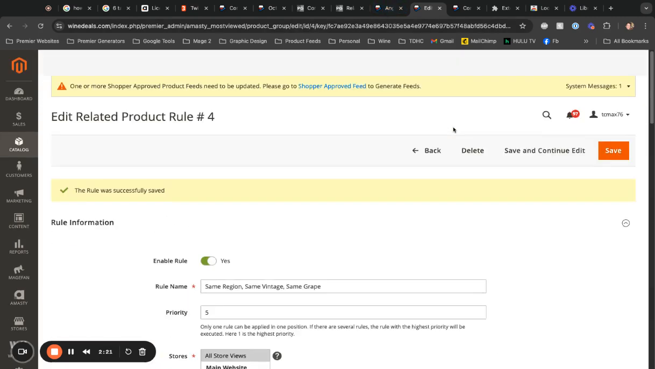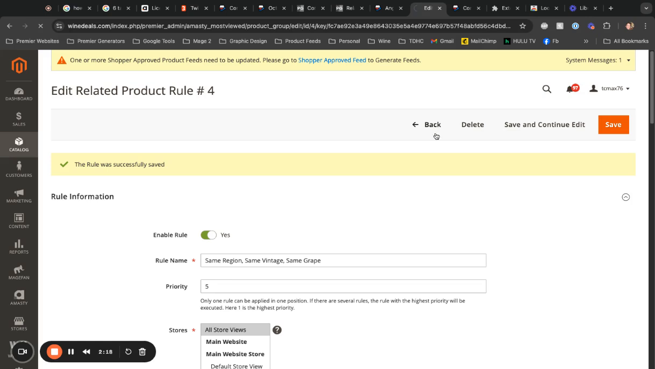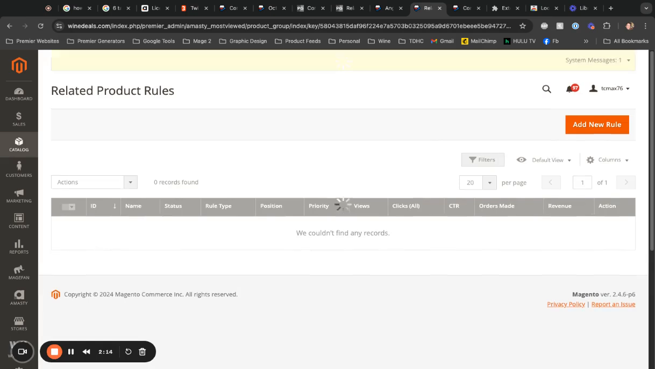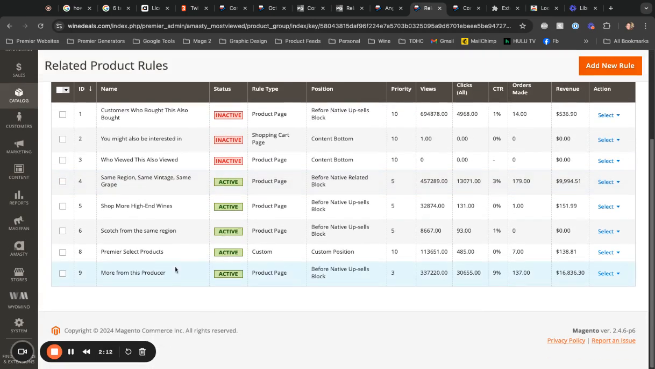We also use it for some other things. We have rules set up to show wines from the same producer, wines from our Premier Select designation, which are high-end value wines. We use it on scotches,